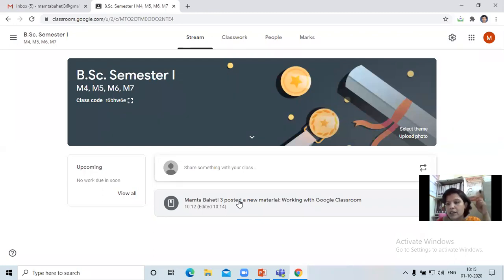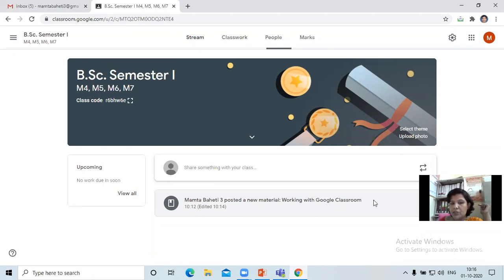First, I am showing the option. If the contents are available on your Google Drive, somewhere you have uploaded earlier and you want to use it for your Google Classroom, how you can use it, that I am demonstrating first. I'll work on your option also in a few minutes. Okay, thank you. So now here you will see the material being posted and available for all the students that I have selected. So those participants who have registered as students, in your login you will see this particular material being posted there.